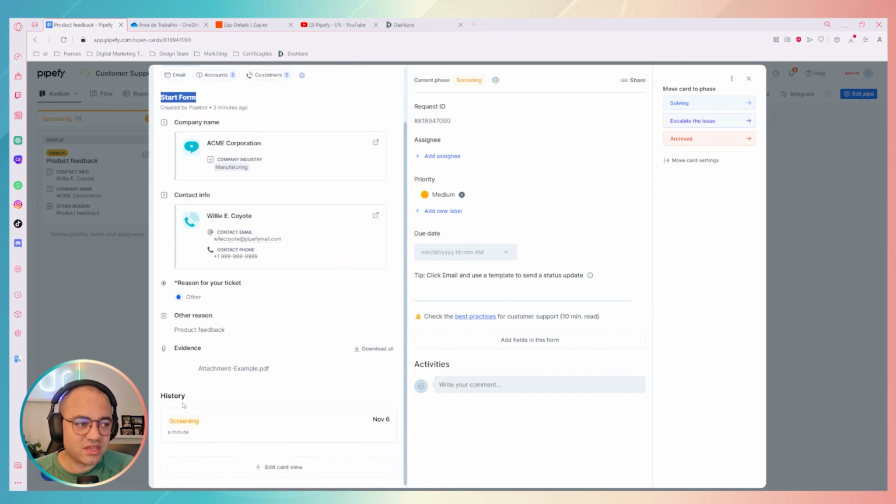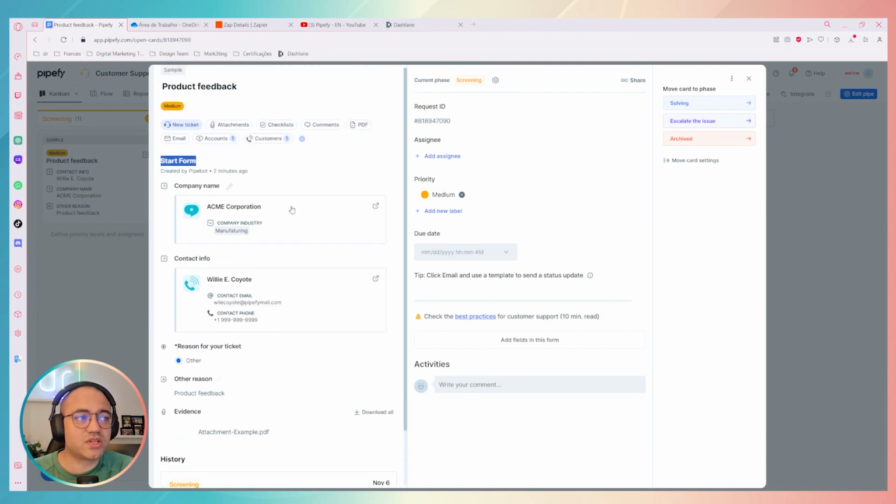Here we have the history of the stages that this card moved through, but in this case we are at the beginning of the workflow, so the current phase is the screening, so we don't have any information here on the left because we have that information over here on the right. Okay, but however, if you want just to